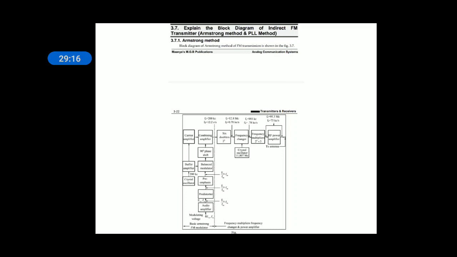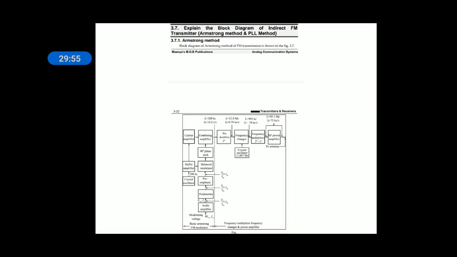Hence, when you do not apply any integration for the modulating signal, the PM generator will generate PM signal, whereas when the message signal is integrated and given as the input, the PM generator will be generating FM signal, right? And how is PM generated? For generation of PM, we will be taking help of balanced modulator and 90 degrees phase shifter. When the carrier is shifted by 90 degrees and given to balanced modulator, it generates phase modulation. So in this way, Armstrong method will work.